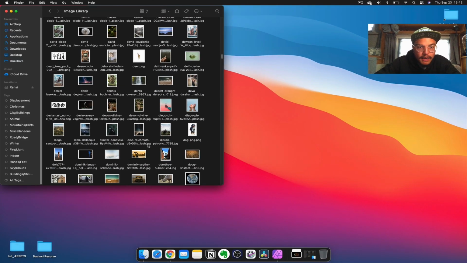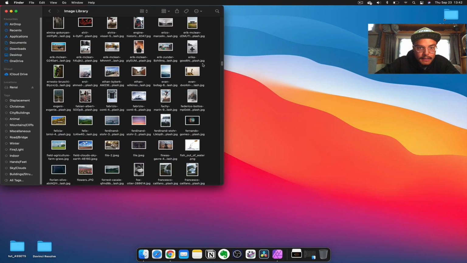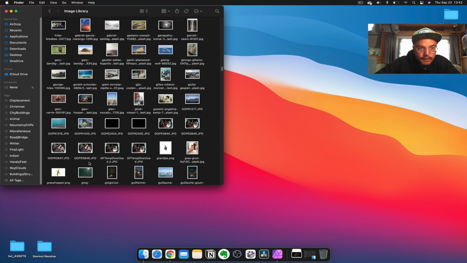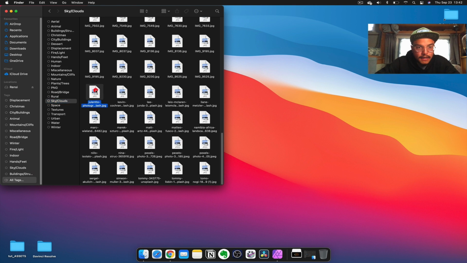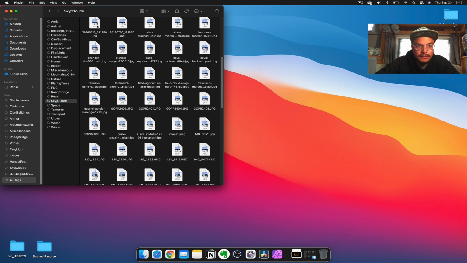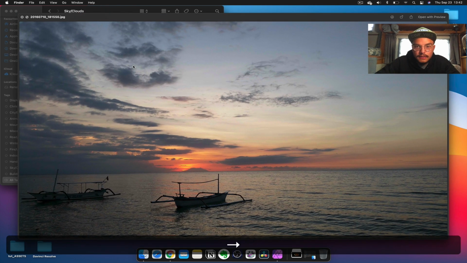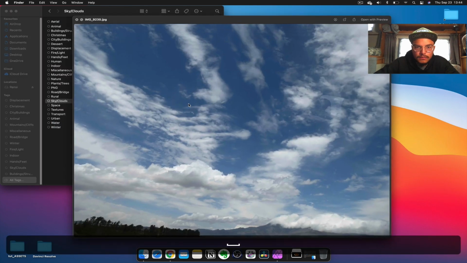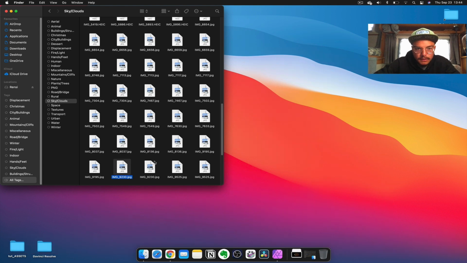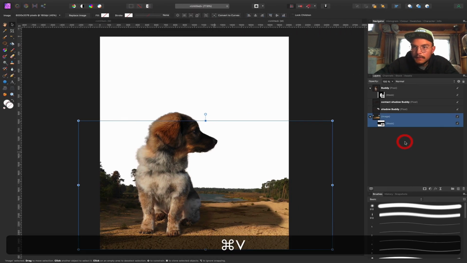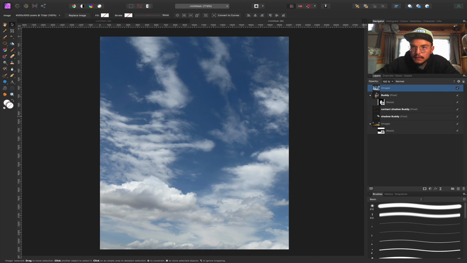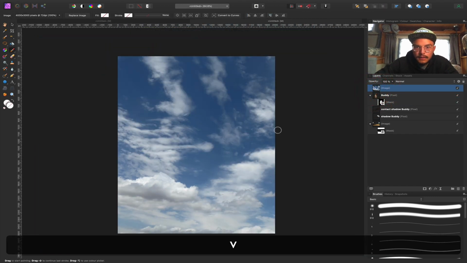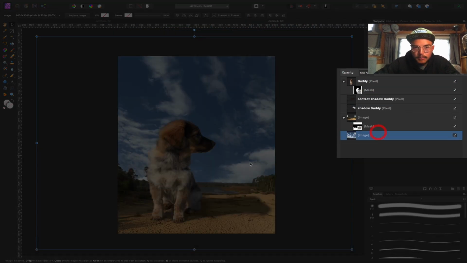So I have my own image library that I saved over the past. I actually saved some sky and cloud images. Now they don't load obviously, so let's just see what we can find. This looks like a pretty decent sky. So let's use this one, copy and paste it inside. Oops. And let's position it at the bottom of my